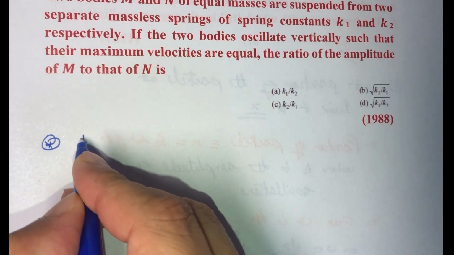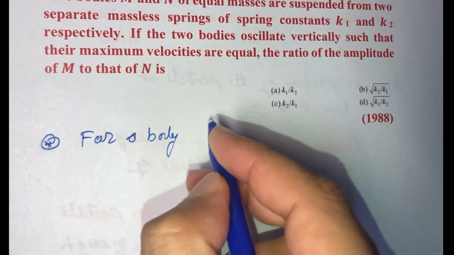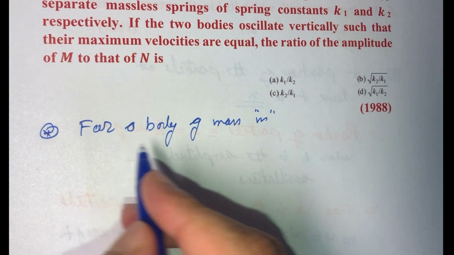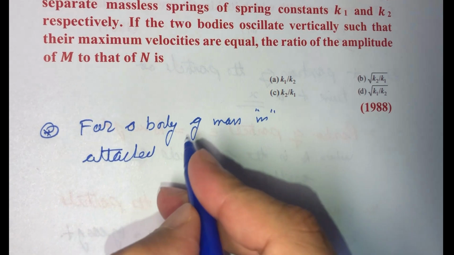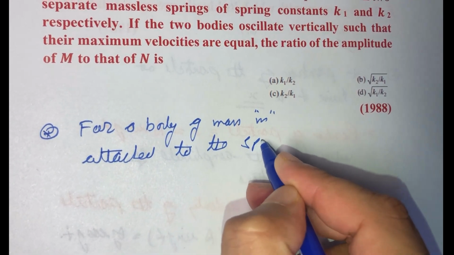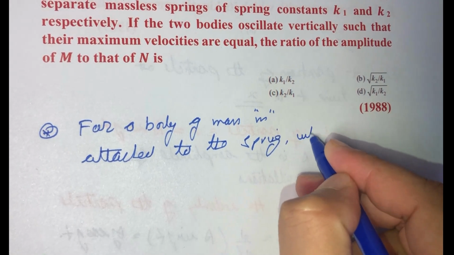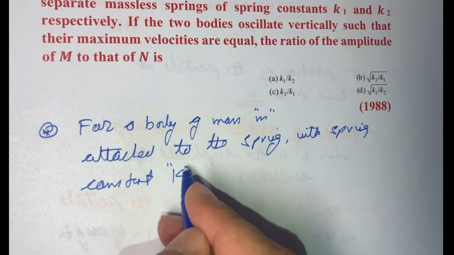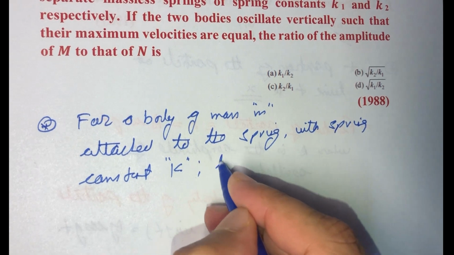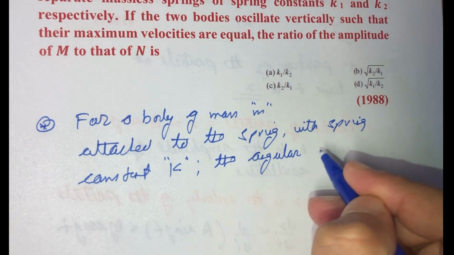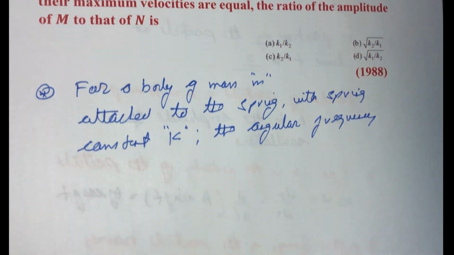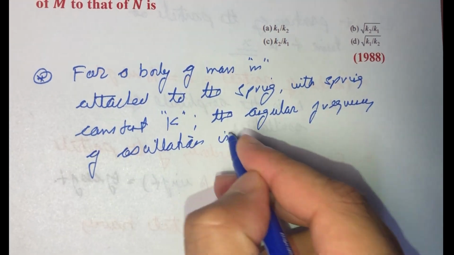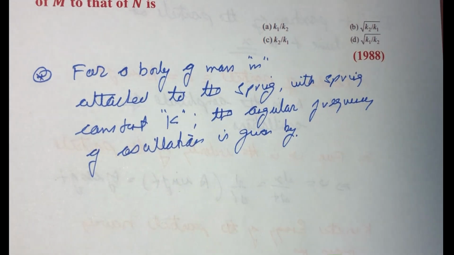You can say for a body of mass M attached to the spring with spring constant K, the angular frequency of oscillation is given by omega is equal to